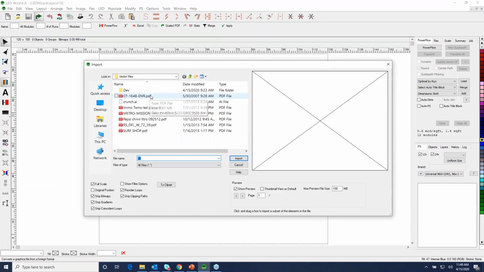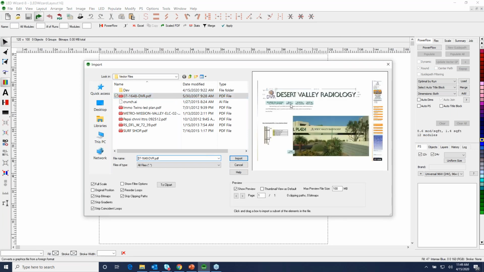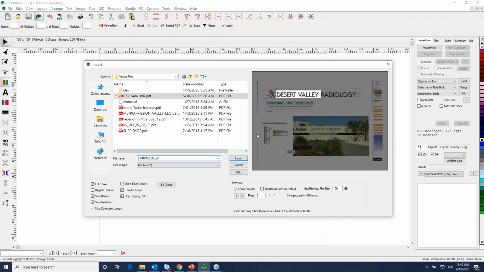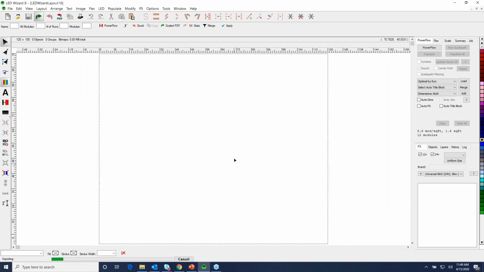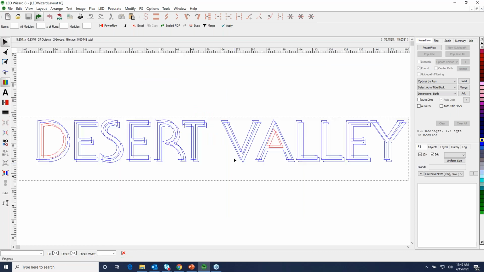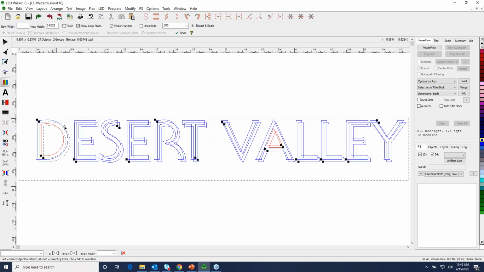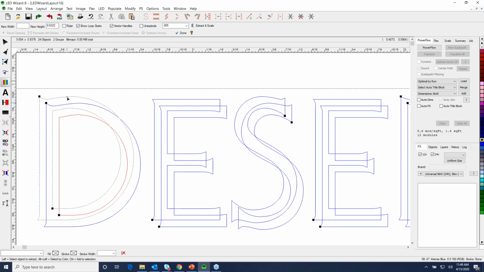So let's look at what I think is the last one, and that's this Desert Valley radiology. And I'll just click on the Desert Valley part. And what I wanted to show on this one is that you can select by color. And if you remember, this had the lettering was green and it had a black drop shadow. Now, if I just want to go in here and select all of the green objects, then I would hold the Alt key and click on,